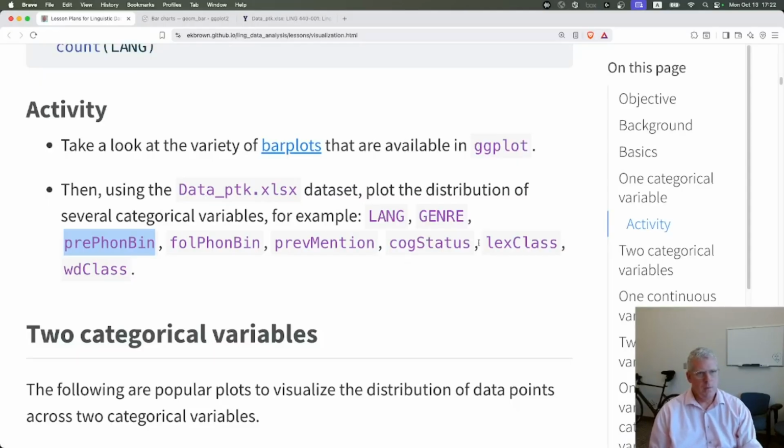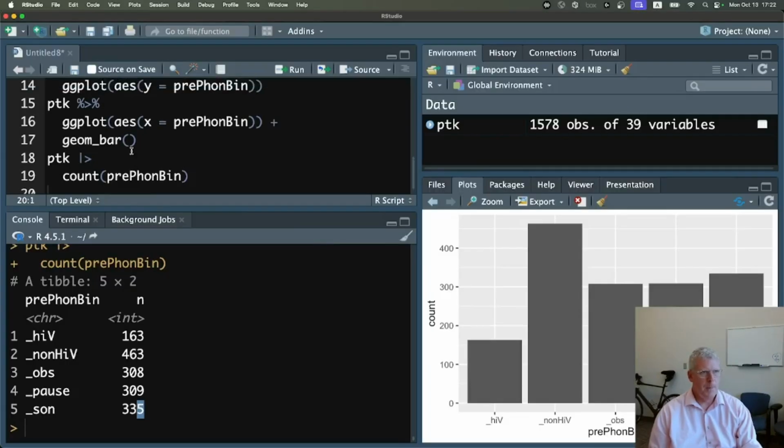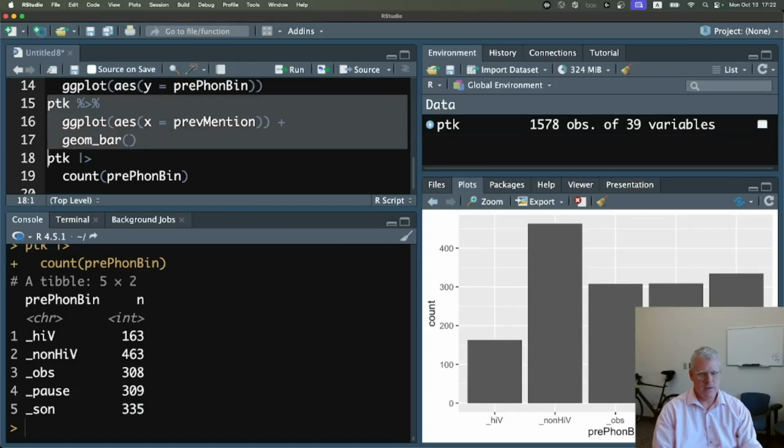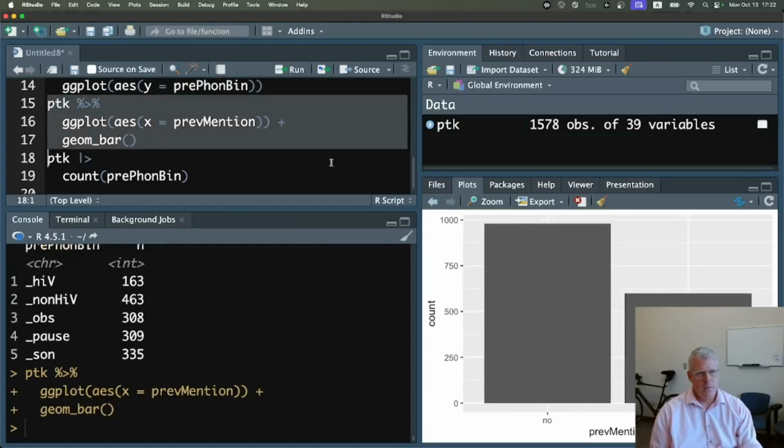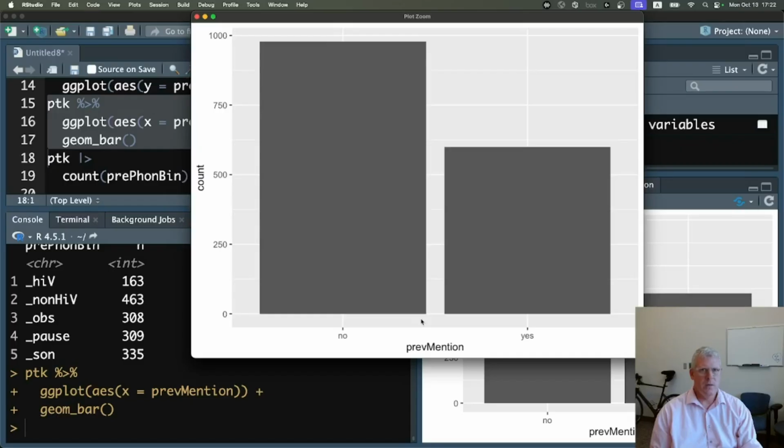Wonderful. Maybe one more. Let's see. Previous mention. Let's try that. We slap in previous mention into my line 16, so we're running 15 through 17. Previous mention. So by and large, the word that